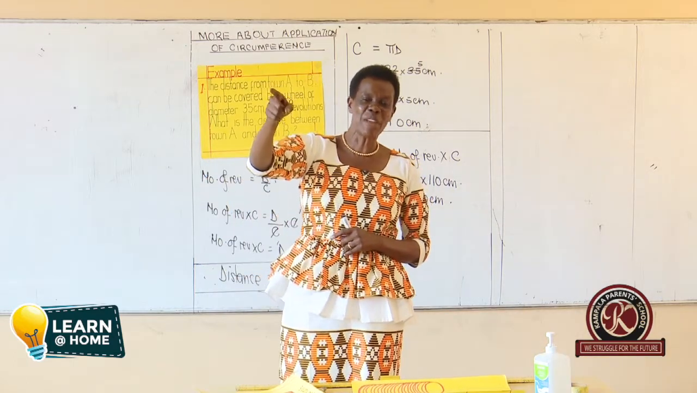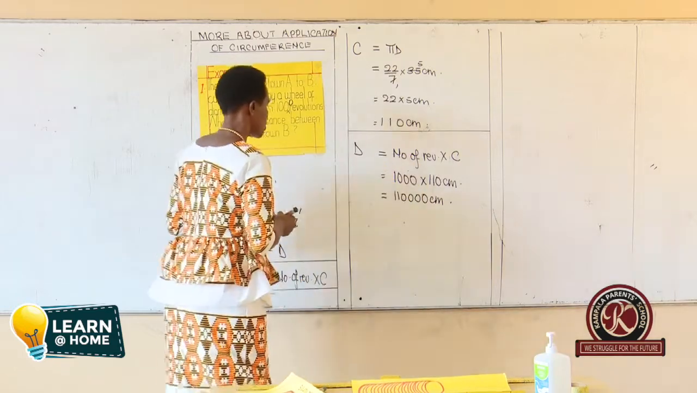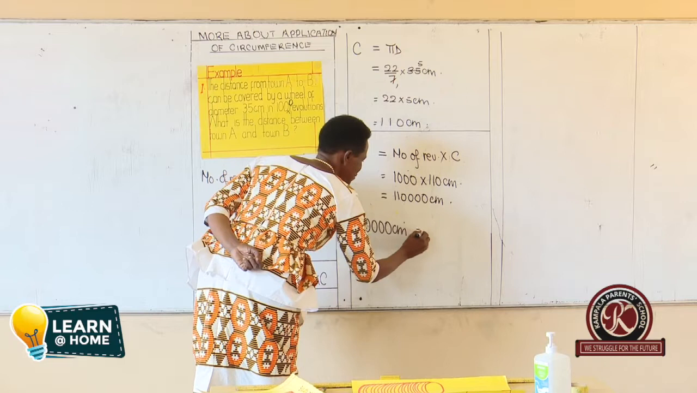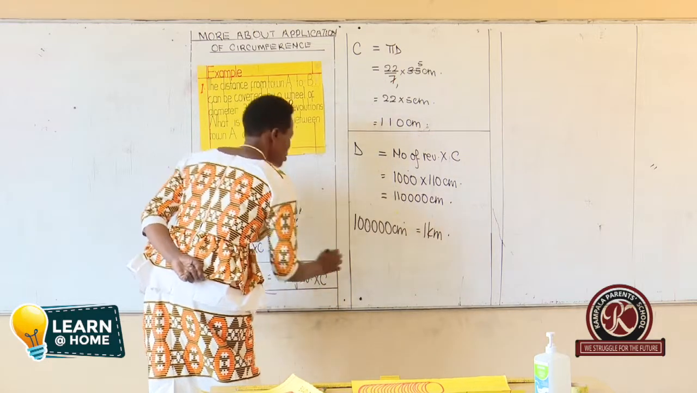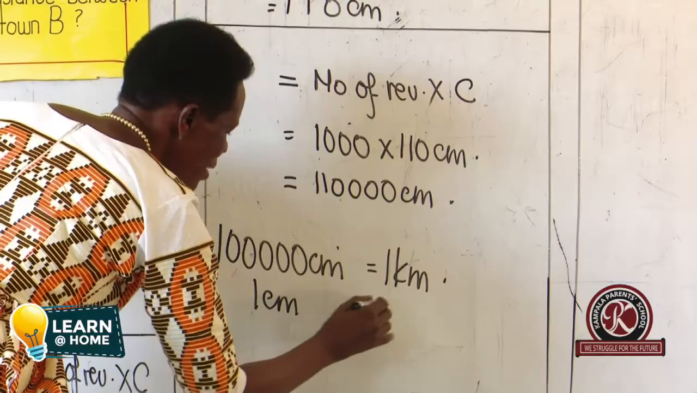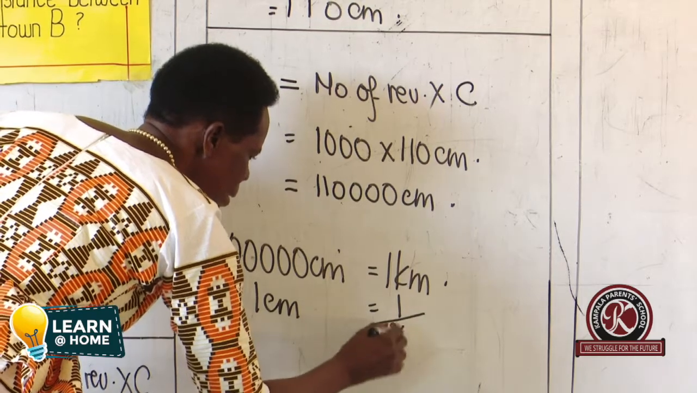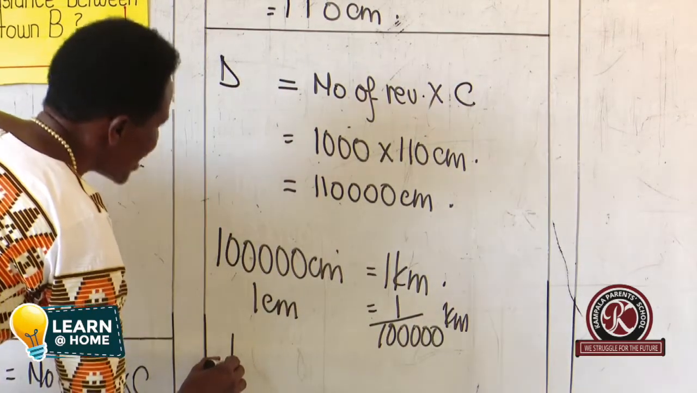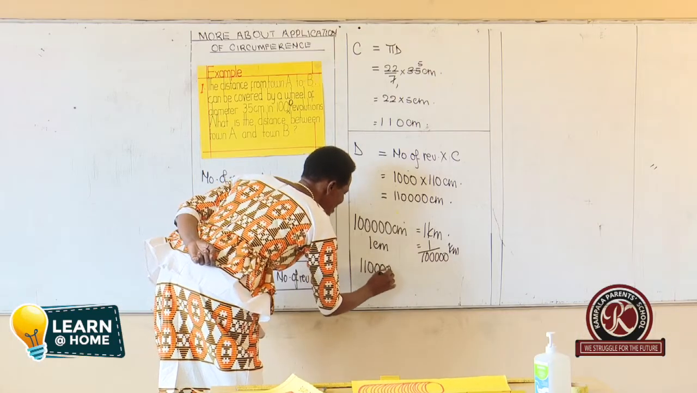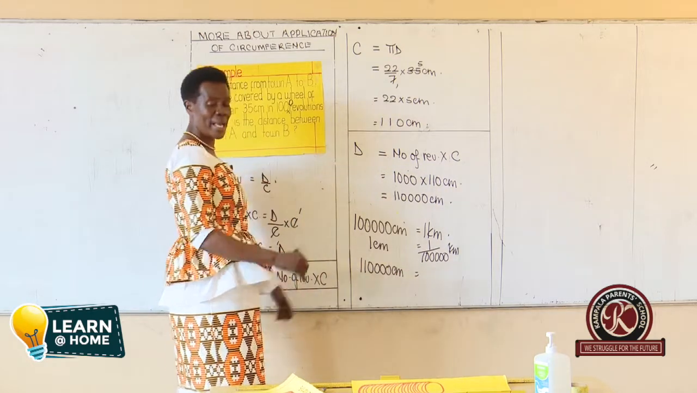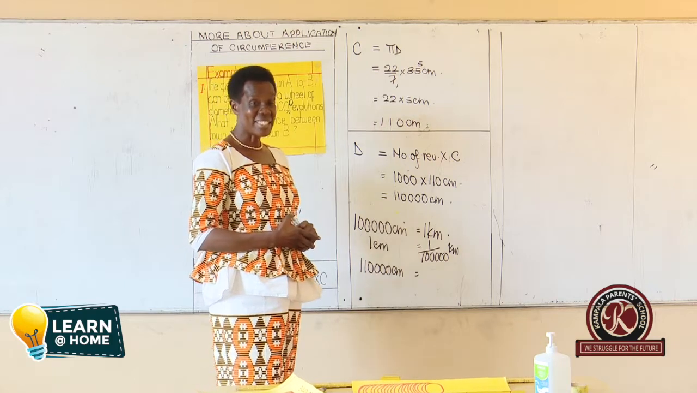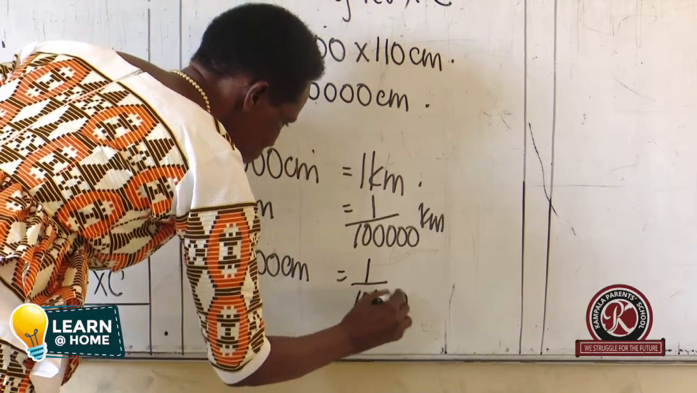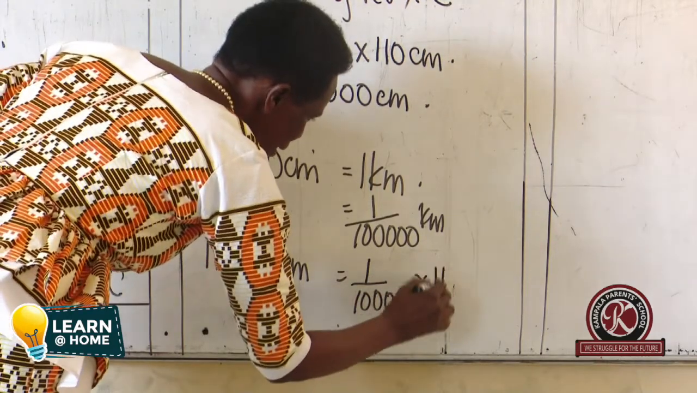Good. I like somebody there who is saying we change the centimeters to kilometers. That's good. We are saying 100,000 centimeters will give us 1 kilometer. What of 1 centimeter? How many kilometers are there? 1 divided by 100,000 kilometers. What of 110,000 centimeters? What do we do there? Justin, there I'm on you. So we say 1, good. 1 out of these times 110